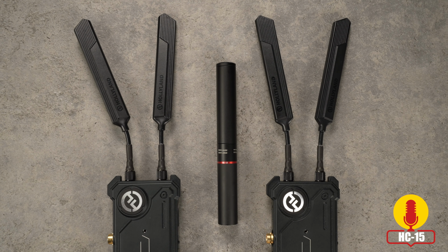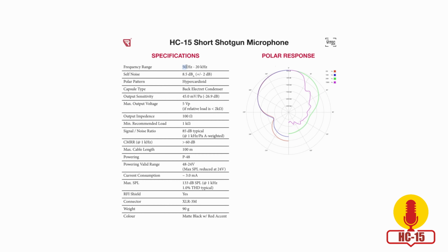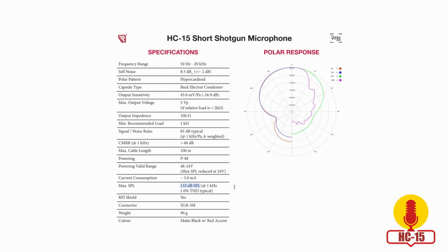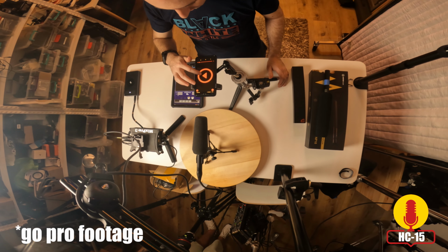Rycote claims that it designed the mics to protect against different sources of radio frequency interferences, something that we shall test later on in this review. Both mics use a hypercardioid polar pattern with a frequency range of 50 Hz to 20,000 Hz and a maximum SPL of 133 decibels. We performed several tests in our studio looking at things which are relevant to our work, which